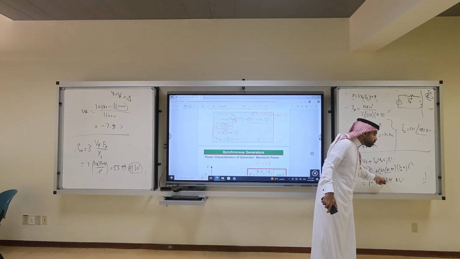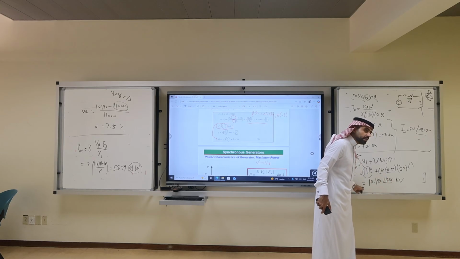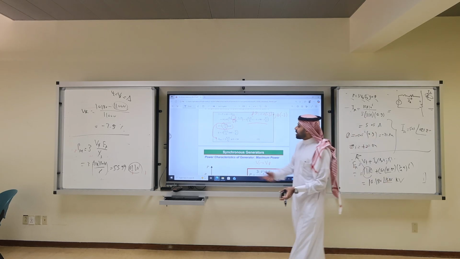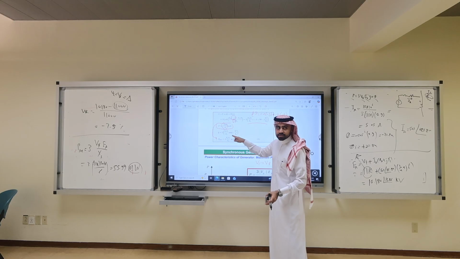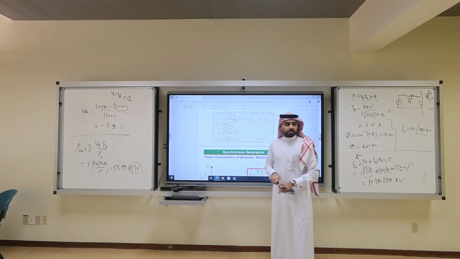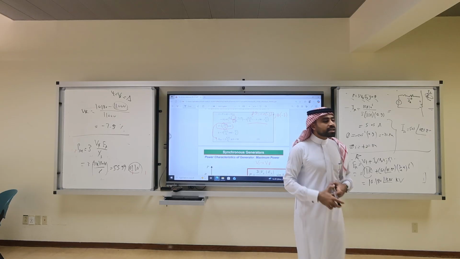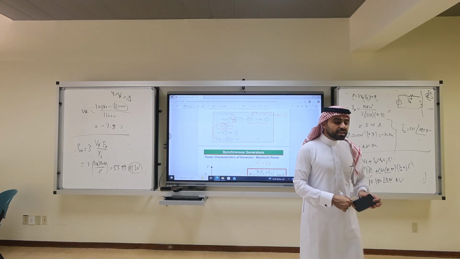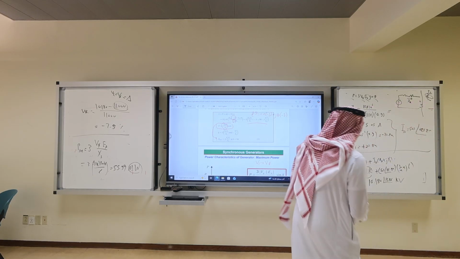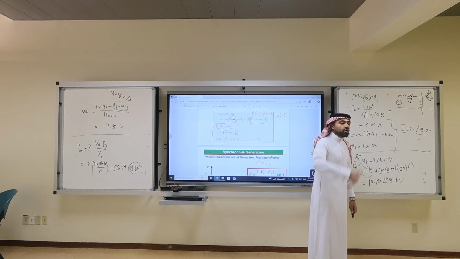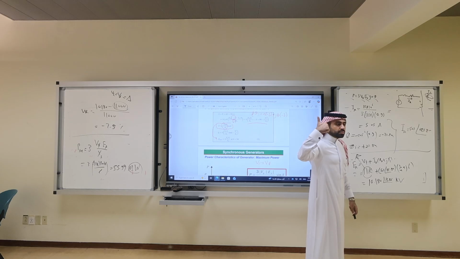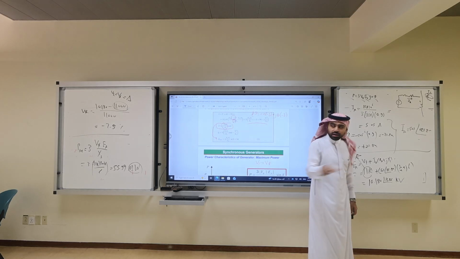This is the torque angle at EA. Remember EA had a delta. This is the delta. So if you put cosine delta minus VT square over XS. Trick in the exam. The delta is not a theta. The delta is the angle of EA, because the angle of VT is 0. So delta